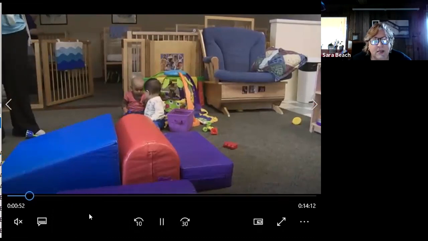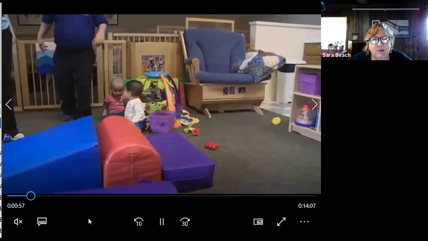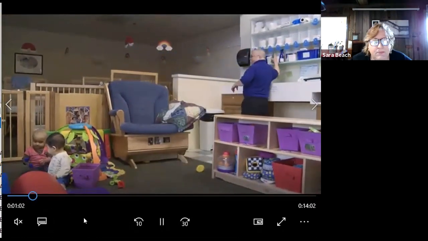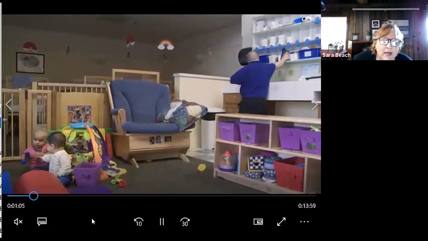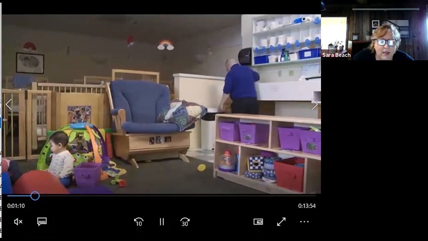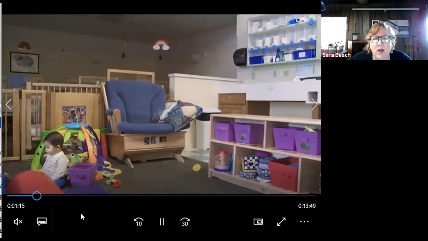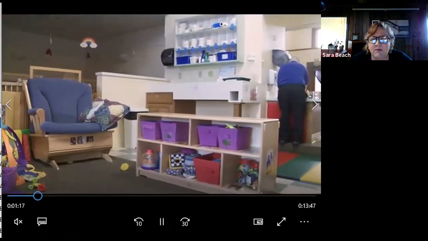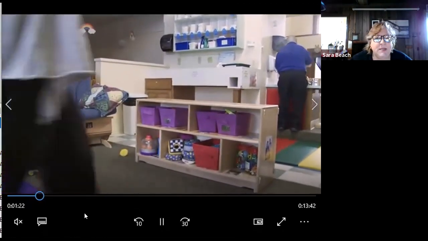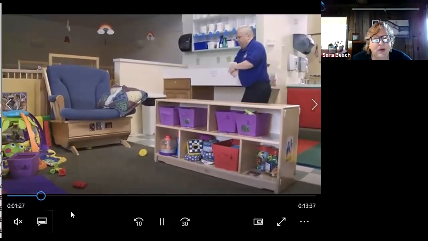And what we're going to see is while he's washing his hands, the mom is getting her child ready to leave. And she's deciding, is this a good place to put my baby down? And he's talking to the mom a little bit. All the while, these babies are on the floor playing and interacting. So let's watch for babies' cues and watch for the attention of the male caregiver. The mom, you don't have to focus on the mom so much because she's not a caregiver. She's just signing her baby in and then putting her down.